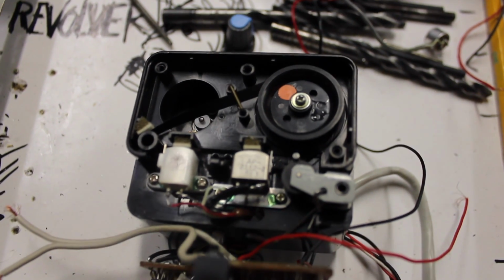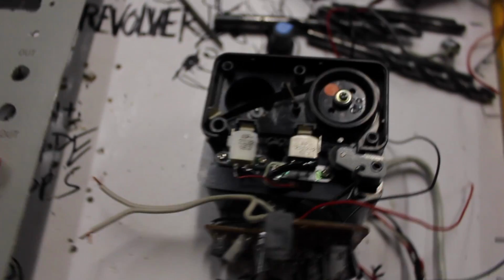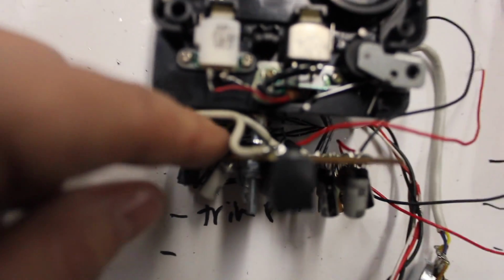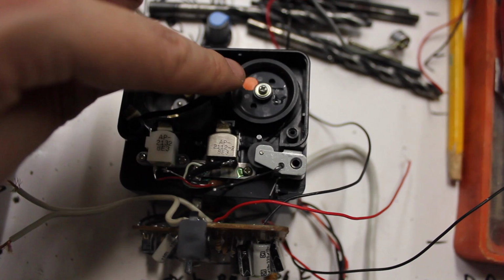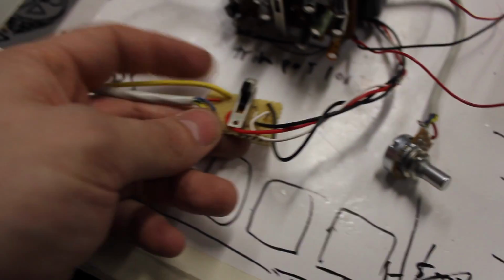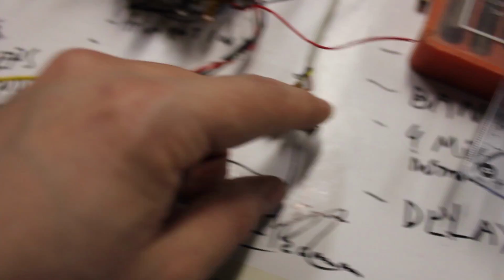I'm ready to put the first tape recorder into the faceplate and the box. What I've done is take the PCB from the back and put it in. It's held with these screws here. I had some leftover vinyl tape, so I used it just to show that it's spinning. And here are soldered wires to the switch for the motor speed and the motor control